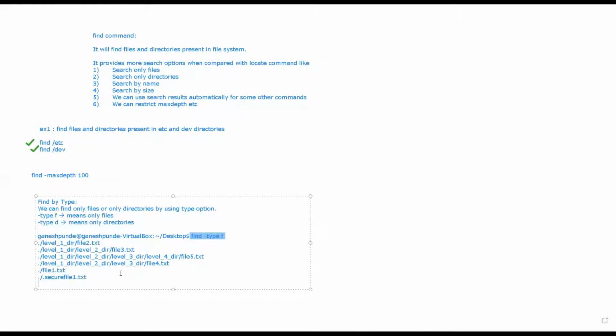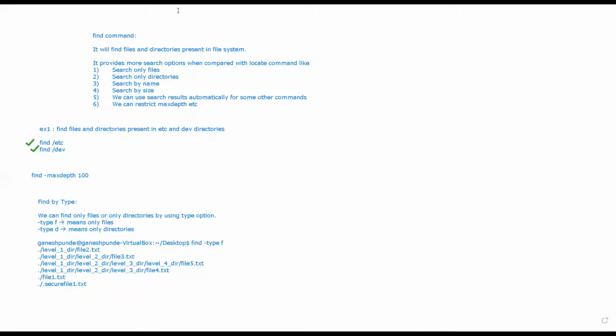So type means you can search by file or by directory. If you want to search by file, you say hyphen type f, and if you want to search by directory, you say hyphen type d. So basically it will search by a directory.